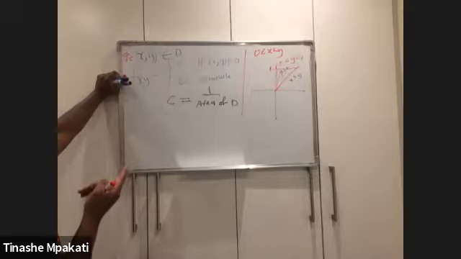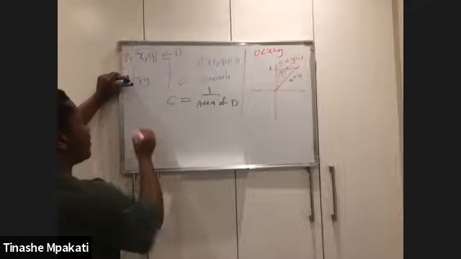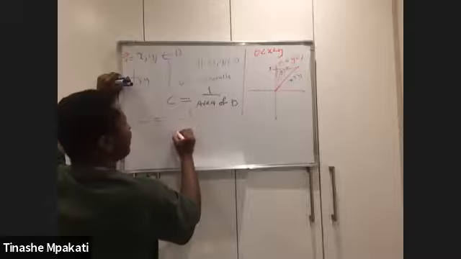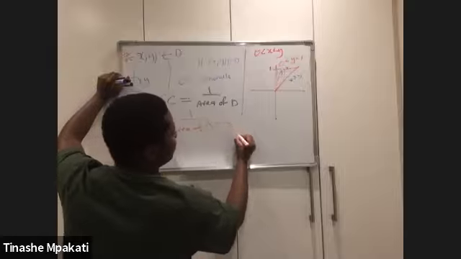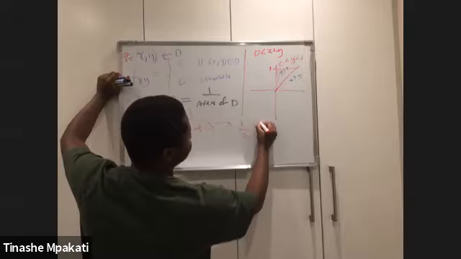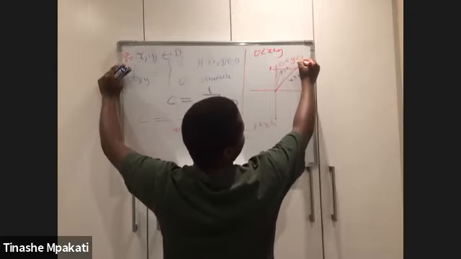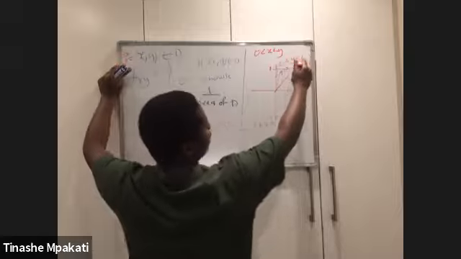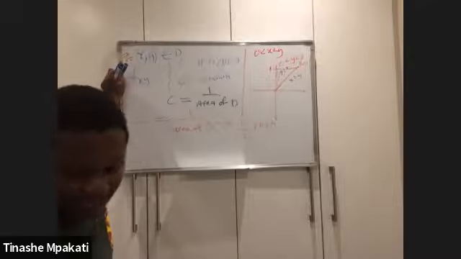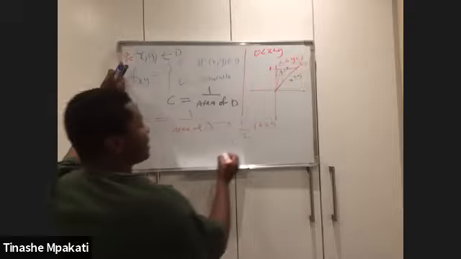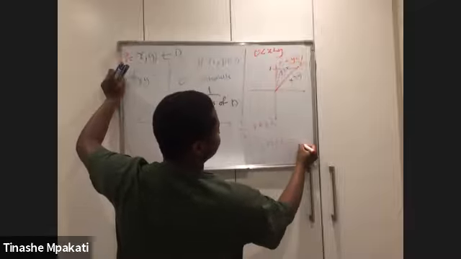And as you can see there, that region that I've shaded, our D in this case, is simply just a triangle, which means our C is equal to 1 over the area of a triangle, right? And we know an area of a triangle is half times base times the height, which this is 1. And because this is the line X equal to Y, it means they are all equal. It means at this point here, my X is also equal to 1. So my height and my base are both equal to 1. That's my area. It will be equal to 1 over 2 times 1 times 1, which is just my half.